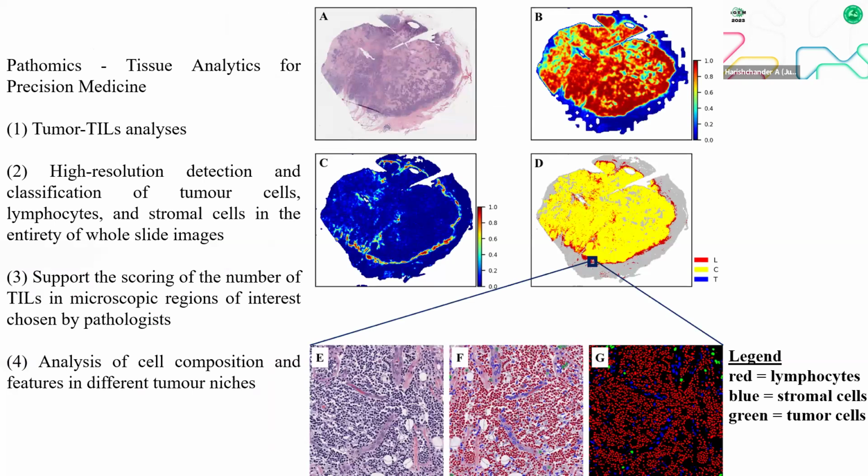And as you can see, compared to genomics and proteomics, pathomics exactly detects the tissue analytics for precision medicine. Now they are trying to incorporate the pathomic-based algorithm in confocal microscopy also to study the relative models. And a higher resolution detects the classification of tumor cells, lymphocytes, as well as the stroma, and the support for scoring the number of TILs in the microscopic region of interest were also chosen, because even the Nobel laureate